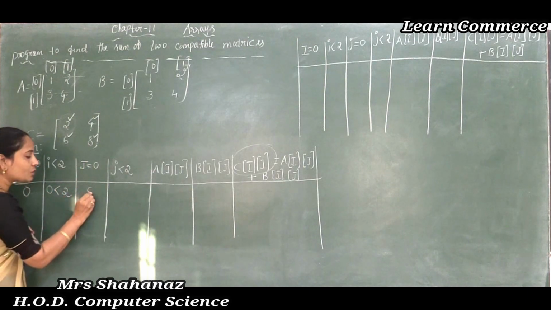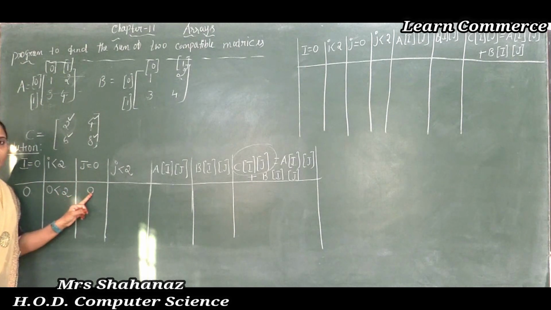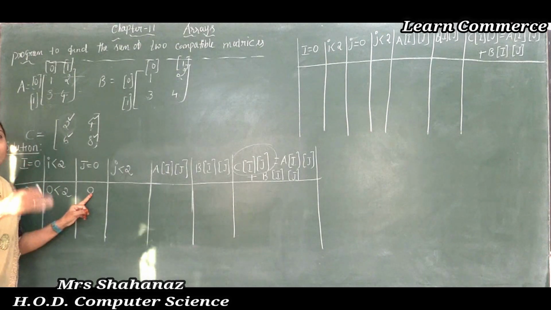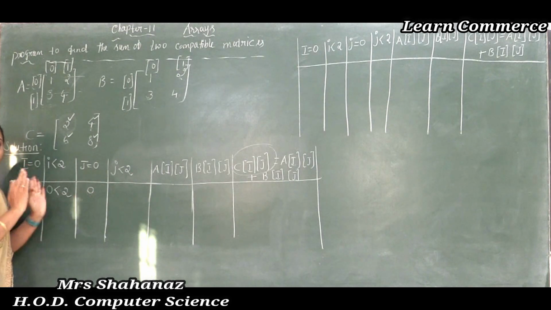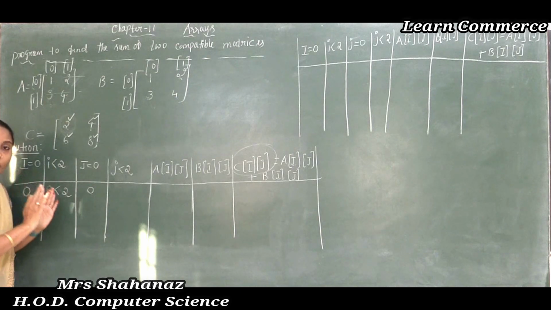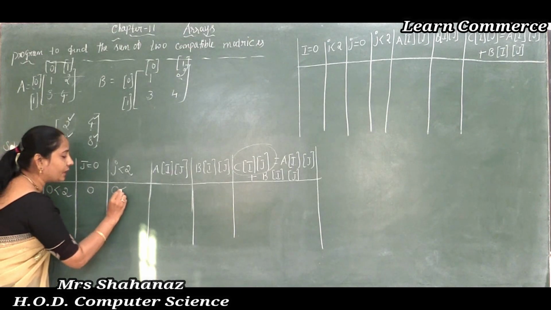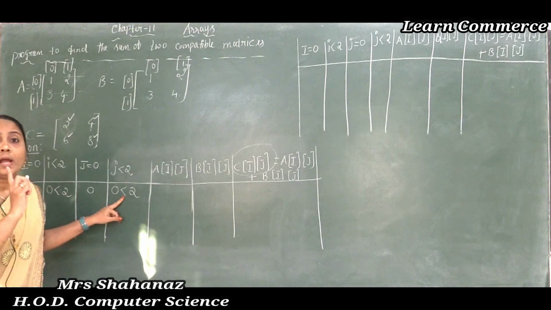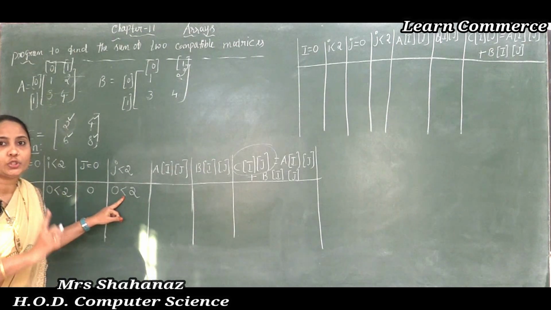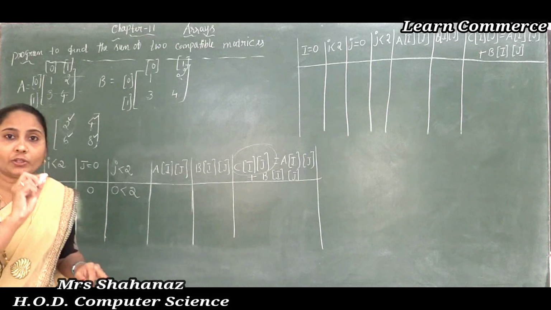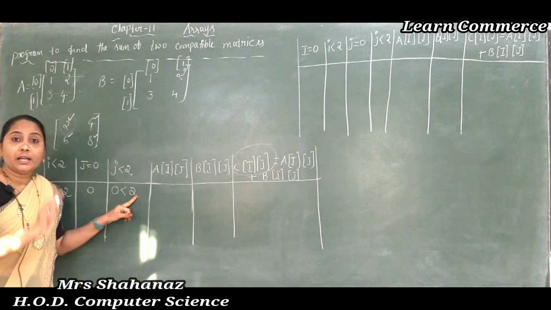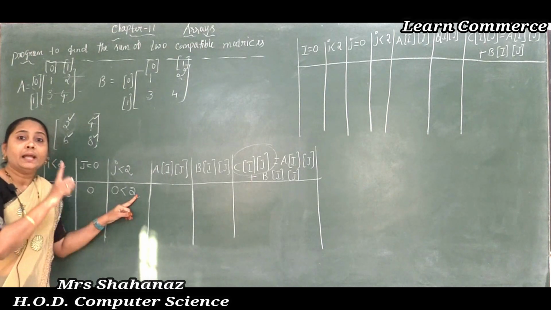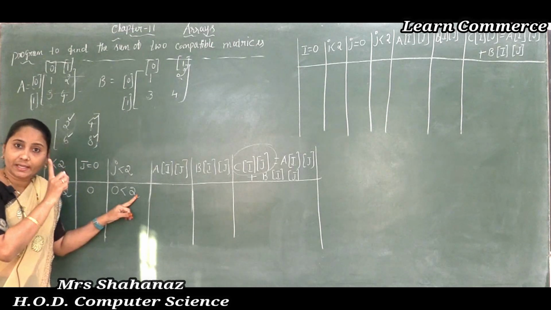As we know that also in the starting step the j value is equal to 0 only. Later the i and j values are going to be incremented one after another, but in the starting step i and j values both are equal to 0 only. And here also I am going to check the condition till 1. 0 value less than 2, till that I am going to check the condition. As we know that if you give the equal sign, then the condition will be satisfied till 2. If you do not give the equal sign, it satisfies the condition till 1.